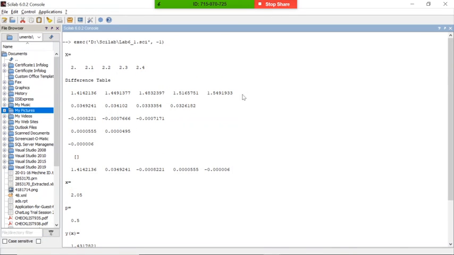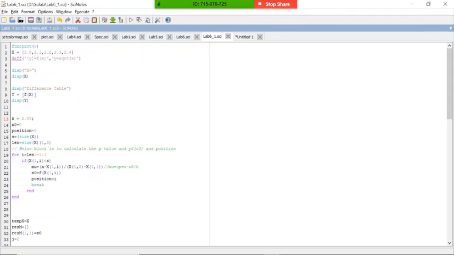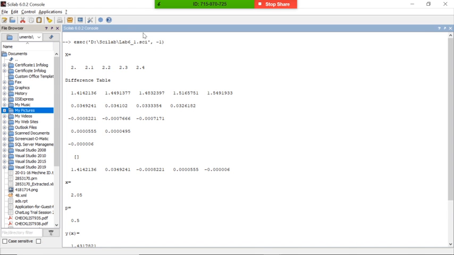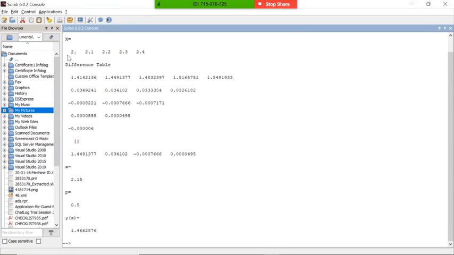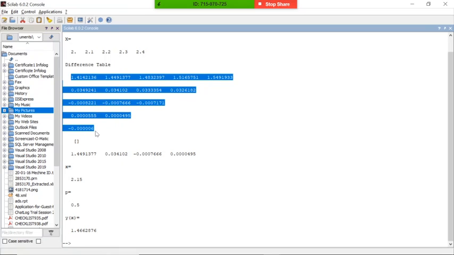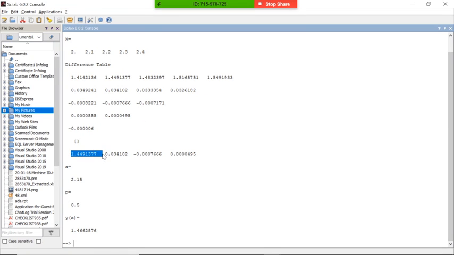So we'll try to manipulate the value. We'll try to give one value. Let me clear this, and I will run this one. You can check out, this is the x value, this is the difference table, there is no such difference in the difference table, and this is the position 2 resultant matrix. You can check position 2, this value and this value are taken. Position 2 matrix is our resultant matrix, our x value is this one, our p value is this one, and our resultant is this one.